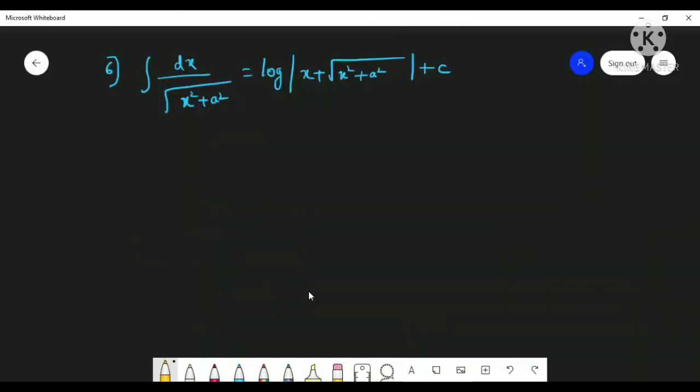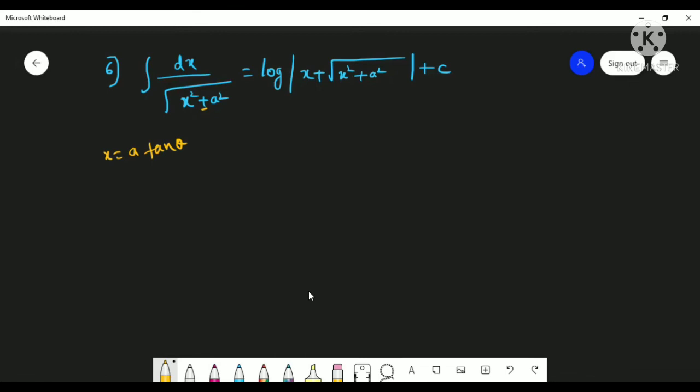Now again, I told you that here plus is there. Plus is there means you have to take the x value as a tan theta. X is equal to a tan theta. If it is plus, take tan. If minus is there, once you get a secant theta, a sin theta is there. Okay, it may get confusing, but whenever plus is there, then you have to take a tan theta. This is the only trick to remember. That's all.